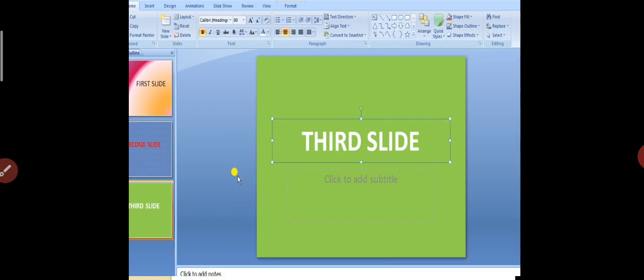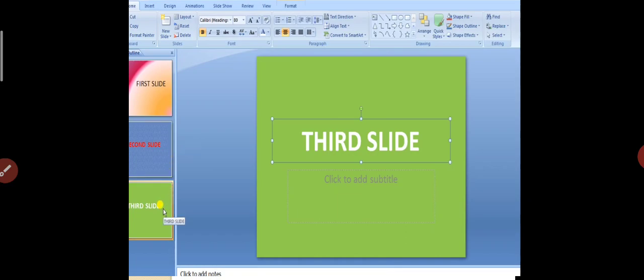All these are up to you. So 3 slides are over, the first one, second one and the third one, with different background colors and different text. So next we can understand how to give transition effect. I told you transition effect comes when one slide changes to another, and we are giving transition effect to the slide, not to the objects.